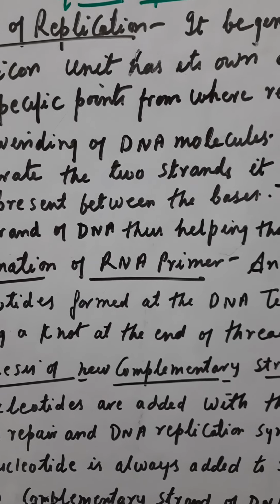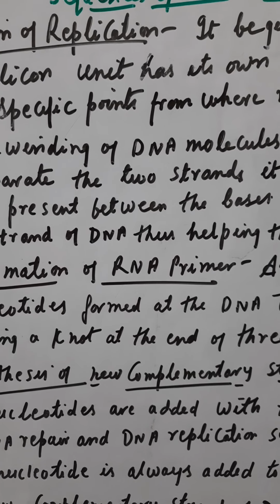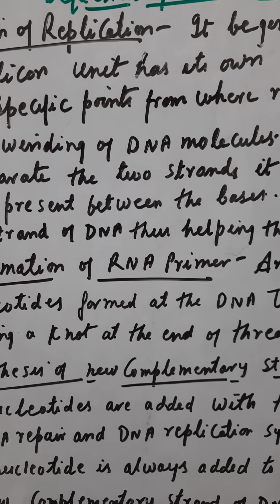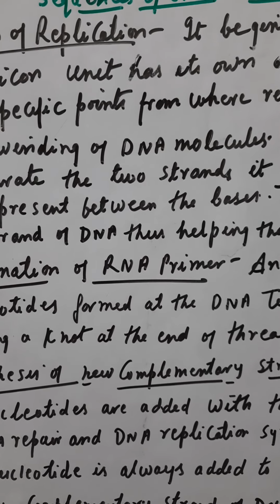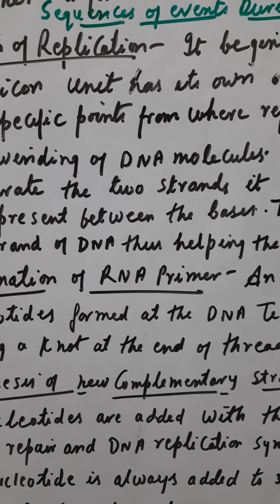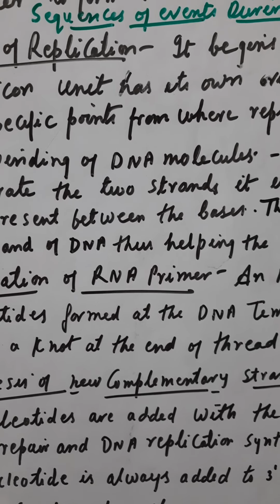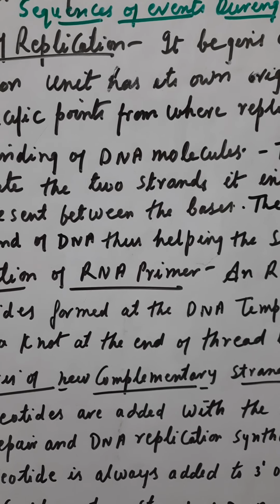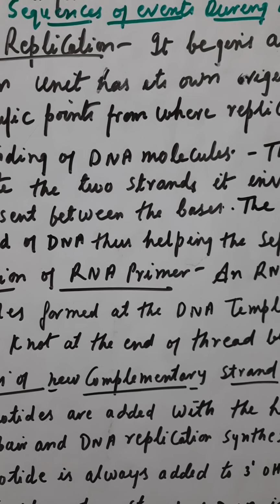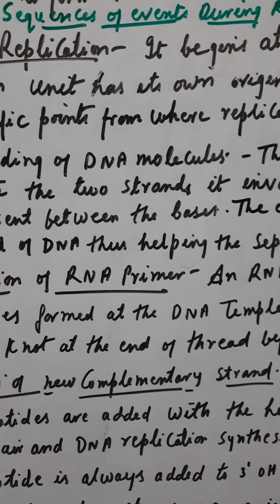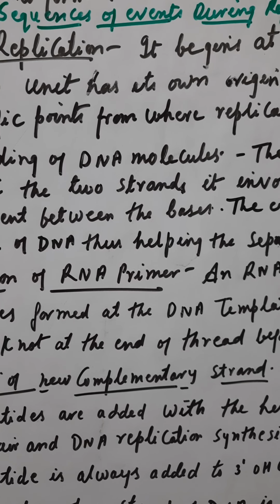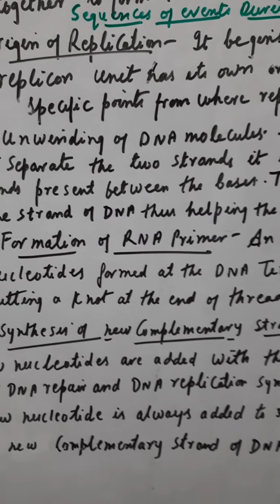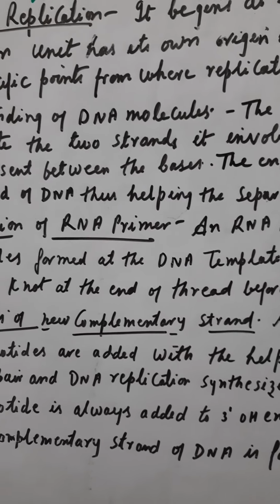Two intertwined ropes are there, and you pull them apart with force, but as soon as the force is released, the ropes come together. Now if one end of the partially separated rope is cut, the tension would be relieved and the two ropes would not come back together. So helicase and topoisomerase work on almost the same principle while unwinding the DNA molecule. So this is the function of helicase and topoisomerase.